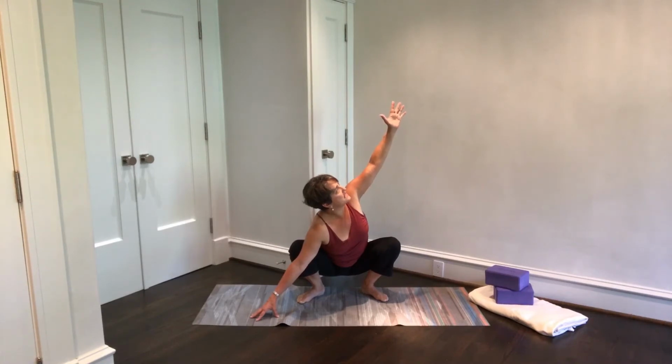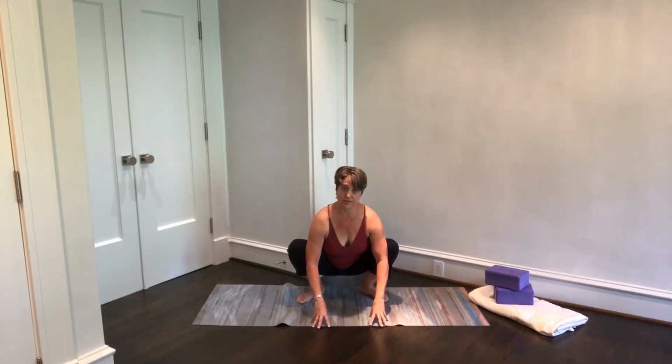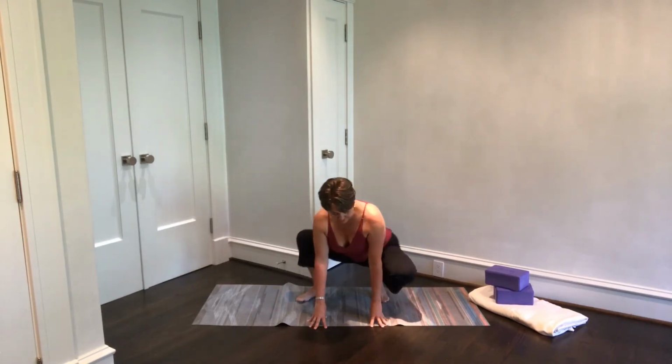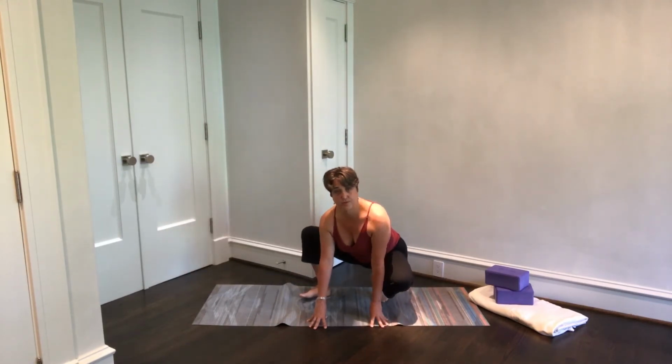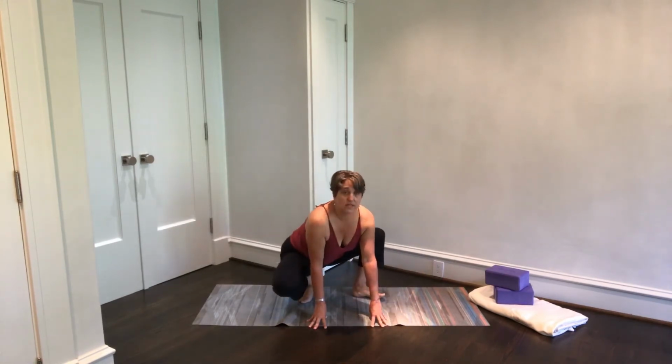With your next exhalation, bring the hands back into your heart, palms together, back of the neck long. Once more, return your fingertips to the floor or to your blocks. Rock a little side to side. We'll be extending that left leg again. You can come back into the posture we did just a moment ago with the heel on the ground and